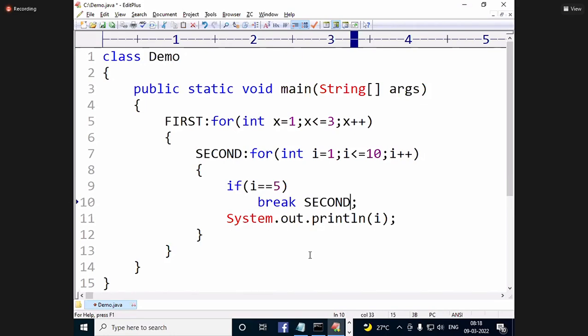Only break, if I write, 1 to 4, 3 times. So if you want to terminate the second loop, a break label is not required, only break also works. You can write any number of labels: first loop, second loop, third loop, fourth loop, fifth loop. Whichever loop you want to terminate, you write that label, and that is terminated. Clear?